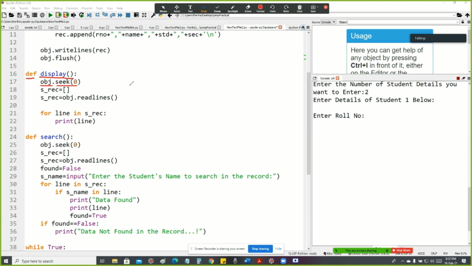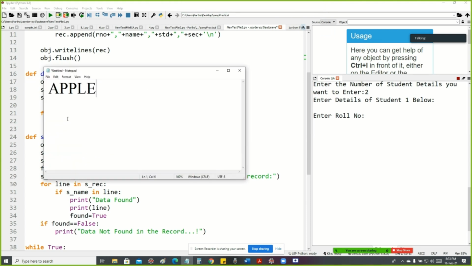Isn't it, students? The file pointer is like a cursor which defines where the data has to be read or written in the file. For example, students, see here, if the word apple is written in the text file, then the file pointer is located at the end of the file. See here, this is the file pointer after e. If you want to display the word apple on the output screen, then we should move this file pointer to the beginning of the file. So for this, we are using the seek function. So seek of 0 means it will move the file pointer to the beginning of the file. Then only can we display the word apple on the output screen. Okay, so this is how the seek function will work.